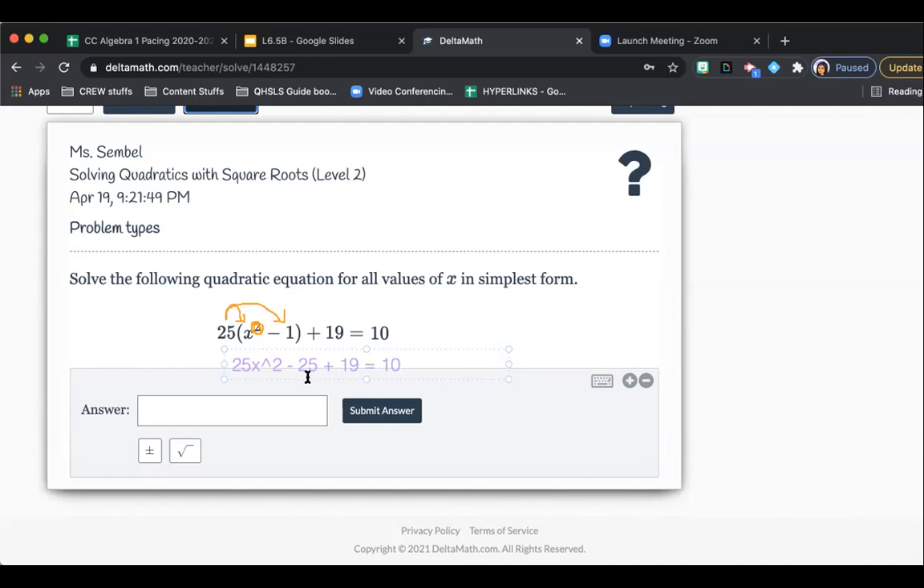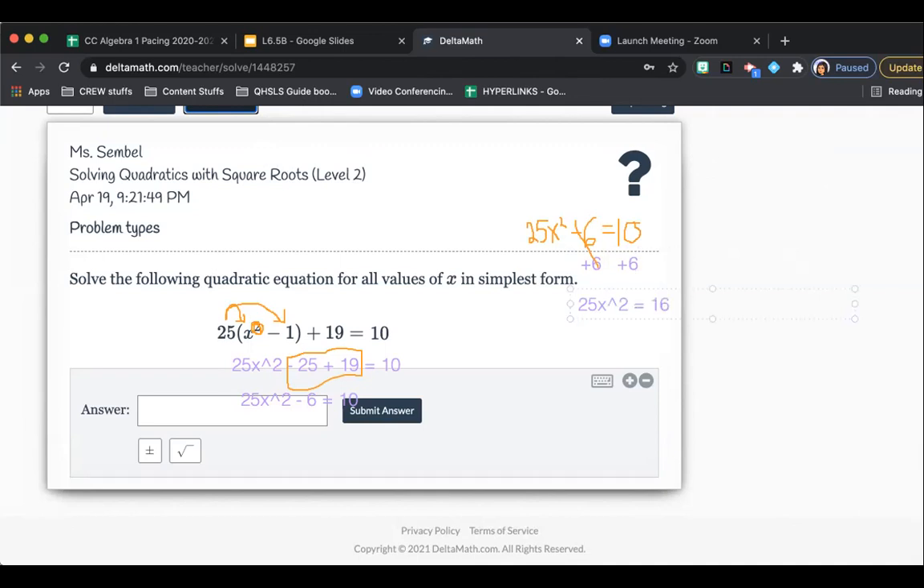Now, are there any like terms in here? Yes, there are. On the left side, you'll see negative 25 and 19. These two are like terms, so we can combine them. So now we have 25x squared. Negative 25 plus 19 is just what? Negative 6 equals 10. Let me just rewrite it in here so it's clear. So now we're dealing with 25x squared minus 6 equals 10. We want to figure out what is x, right? We still have negative 6 in here, so we need to add 6 on both sides. The reason why I want to add 6 is so that the negative 6 sums to 0 and cancels out. Now I'm left with 25x squared